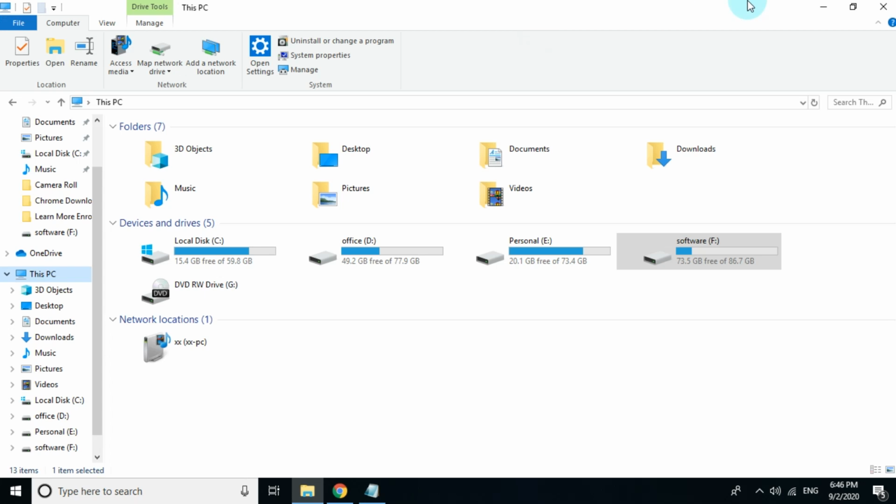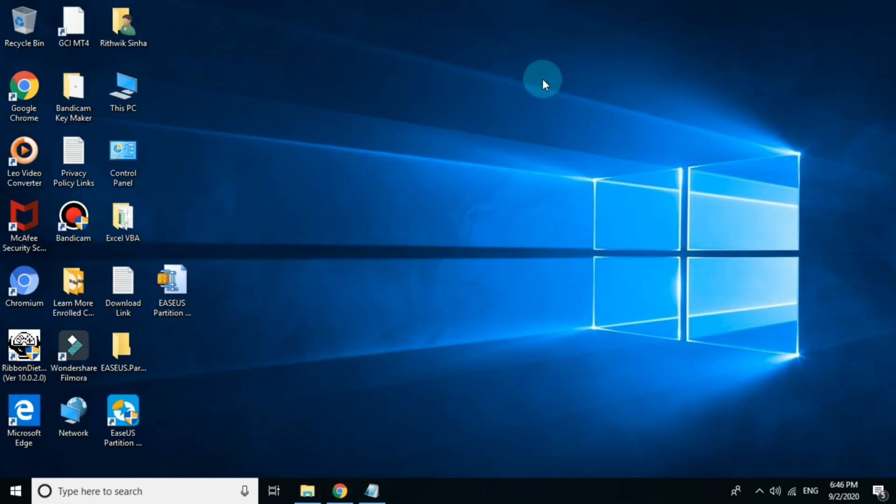And now a website is coming. You have to just cut it out. No, we don't want it. In Asus Partition Master, it will open. Now here you can see it has created the desktop icon. Now I will open that. Now it will open.